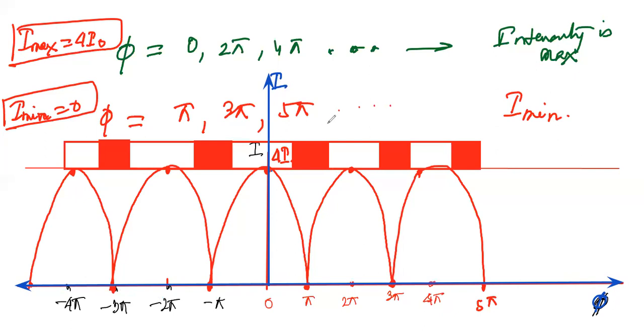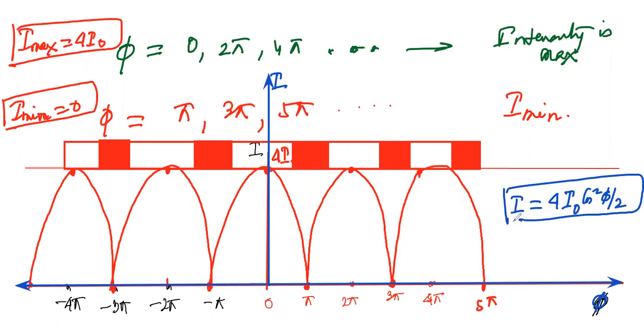So this is the total interference pattern. Hopefully you have understood. So a very, very important discussion we have done today. And the mathematical formula, which is guided by this particular pattern, is I equals 4 I naught cos square phi by 2. So this is the graph of this particular equation, and you can see over here these are the regions of destructive interference, and this is the region of constructive interference. So here we have today discussed a very, very interesting thing, that is the variation of intensity with phase angle.